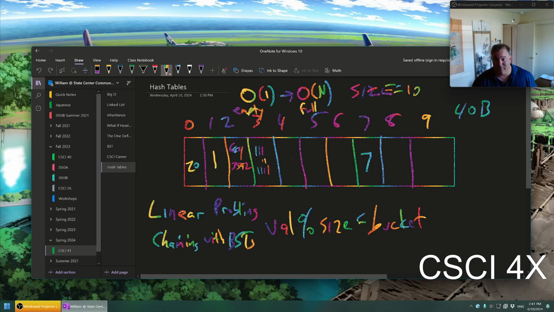Okay, deleting is always the hardest part of a hash table. Let's say we delete the number 1. And now this spot's blank again. Now we've got a problem, right? Because if we say, hey, is 111 in here, we hash to bucket 1, it's open, we return false, and that's wrong because 111 is actually